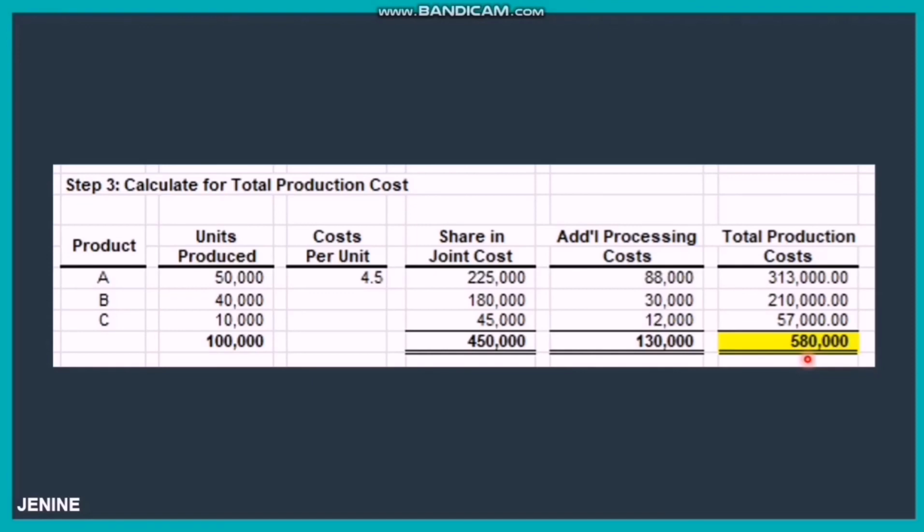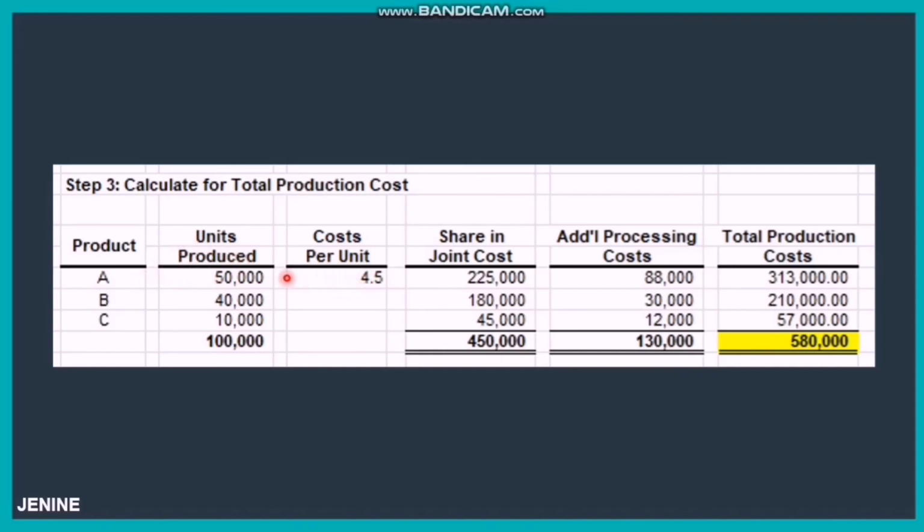Okay, last step is to calculate for the total production cost. And as you can see here, cost per unit or the average unit cost na 4.5. Makukuha to by dividing the total joint cost sa total units produced. So, yung total joint cost natin is yung 450,000 divided by sa total units produced na 100,000. So, 450,000 divided by 100,000 is equal to 4.5. So, yun. Para makuha yung share and joint cost niya, you'll just multiply the units produced ng kada product sa